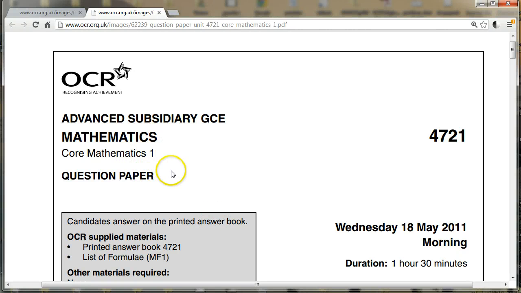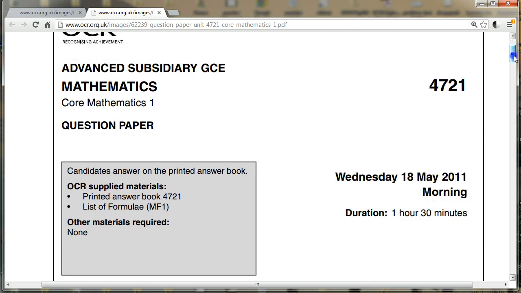Okay then guys, let's have a quick look at this paper then. This is a C1 May 2011 paper. It's good to go through an examination paper before one starts the exam, right at the beginning for a minute